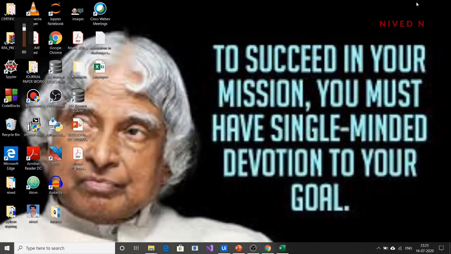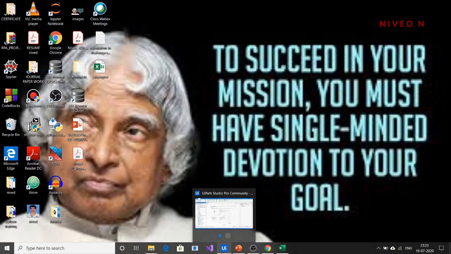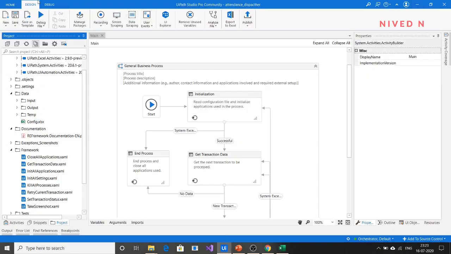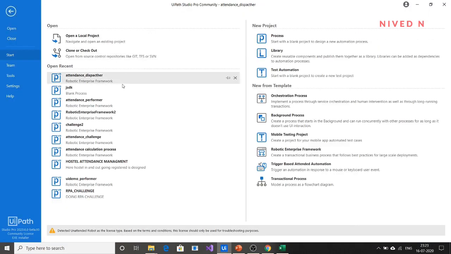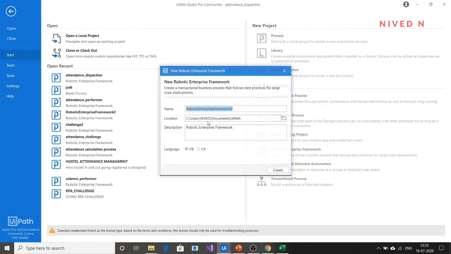For that you first have to create a performer workflow. So just create a REFramework workflow.